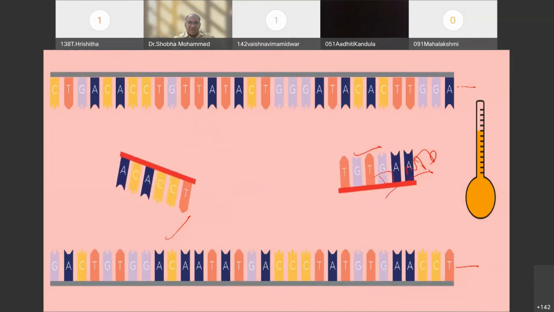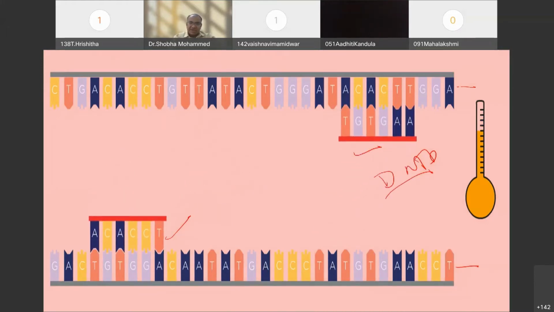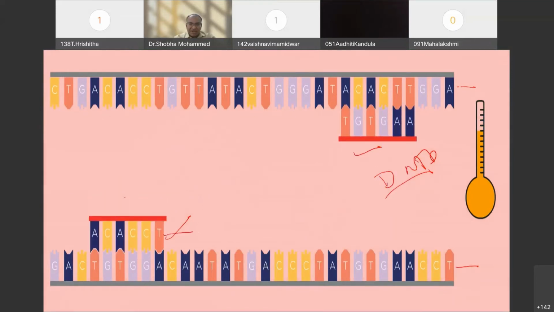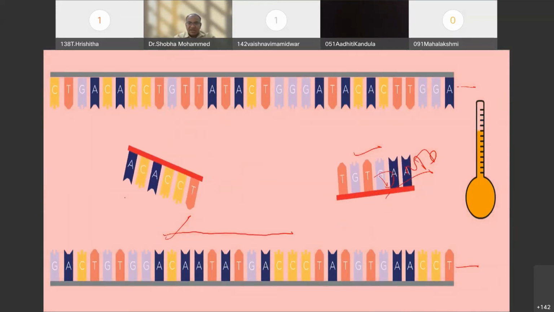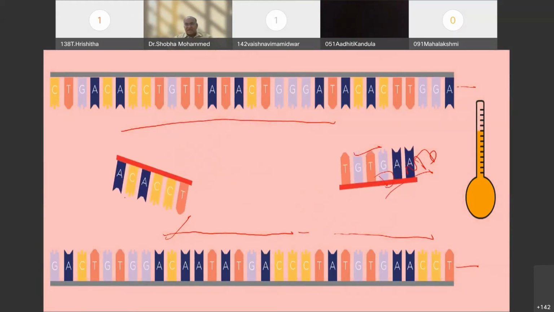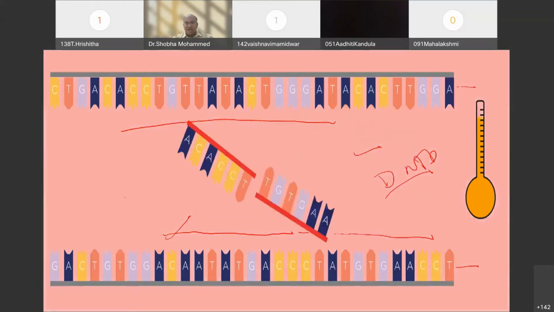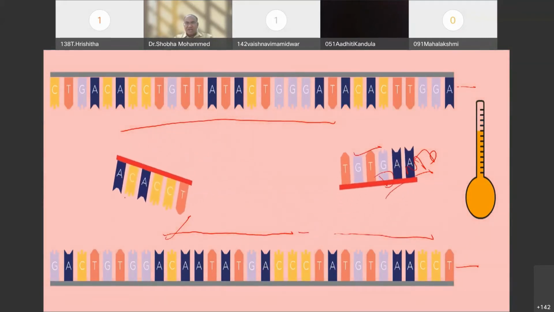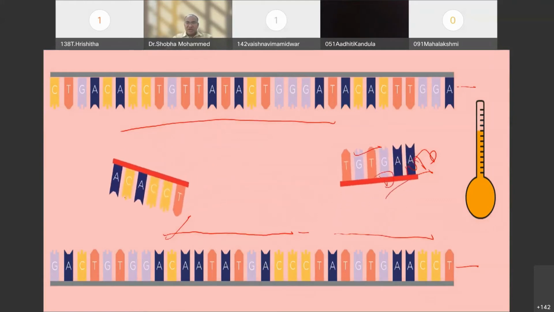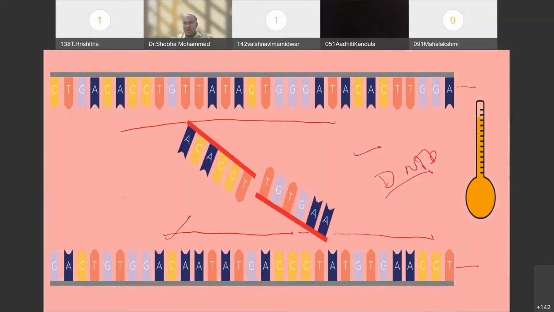Now, what happens once the primer gets attached here? This primer will allow the synthesis. For example, it is attaching here. The primer is going to synthesize the sequence of nucleotides in this direction, to give rise to two DNA fragments, or two DNA segments, or two DNA molecules. So it's a good animation, and one important point is the